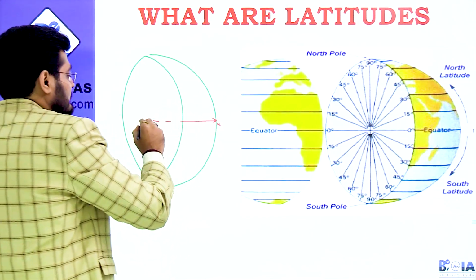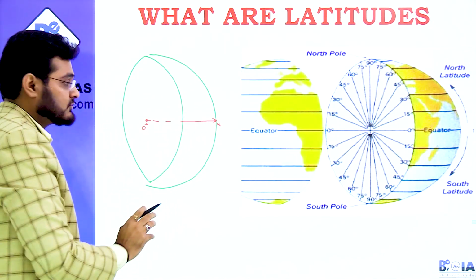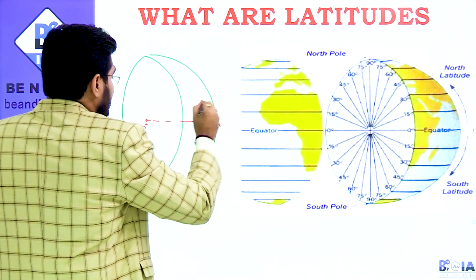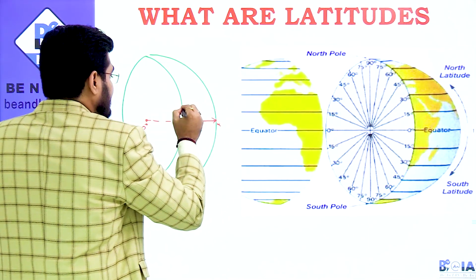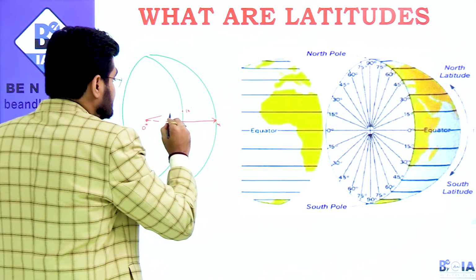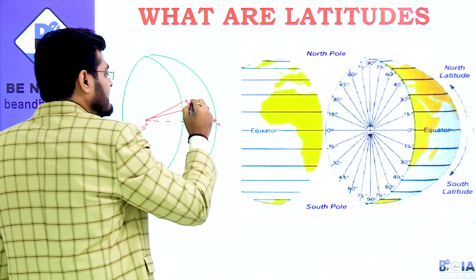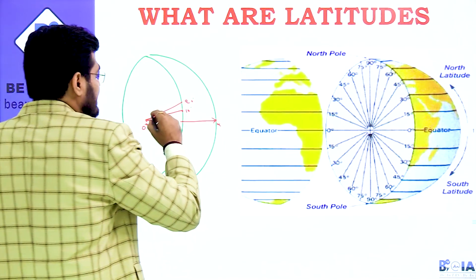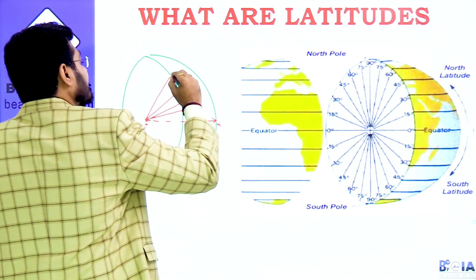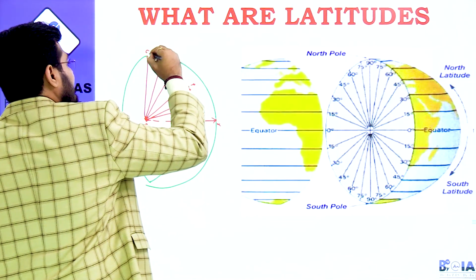Now I tell you, draw 10 degrees in reference to this x-axis. So what will you do? You will put your protractor. You will mark 10 degrees. You will mark the line on your protractor, and you will say that this is where 10 degrees is coming, right? And you will join this 10 degrees like this. I say 20 degrees, the angle will increase. This is just for reference, not to scale as such. And when I call you, draw 45 degrees, this will be your 45 degrees, this will be your 60 degrees, this will be your 80 degrees or 75 degrees, and this will be your 90 degrees.